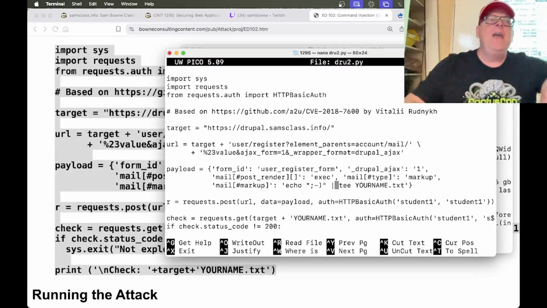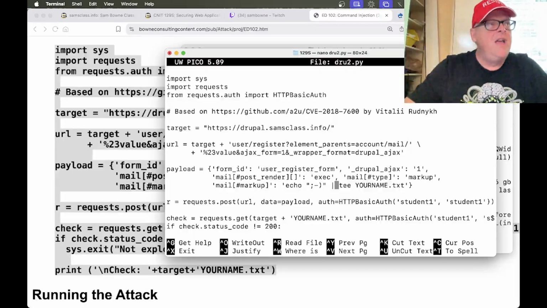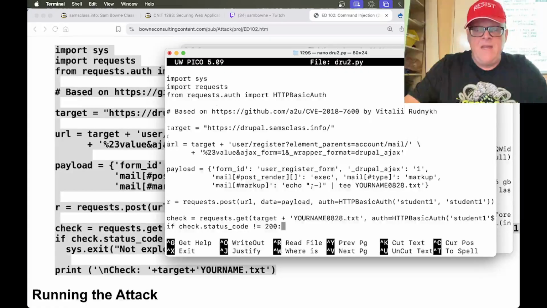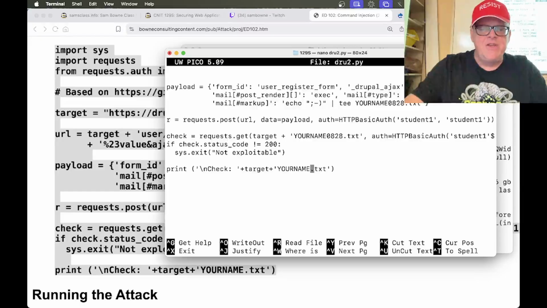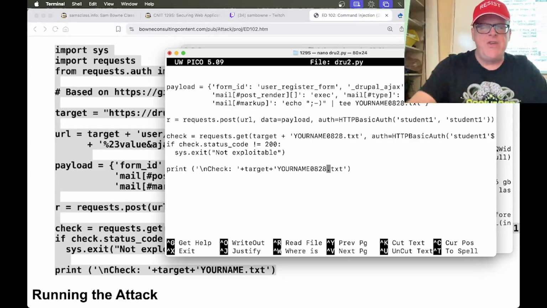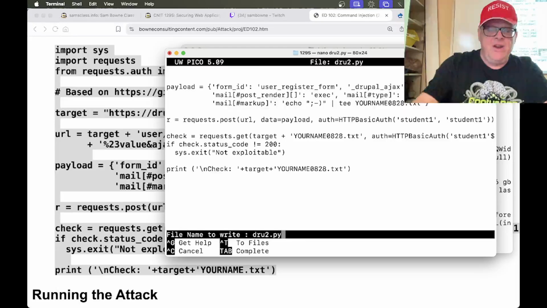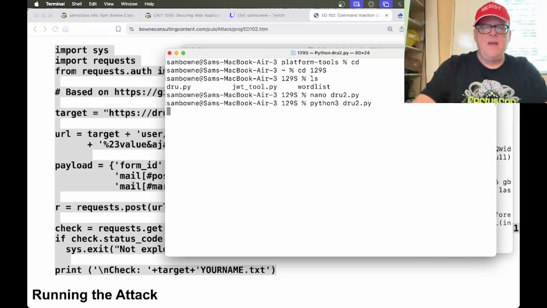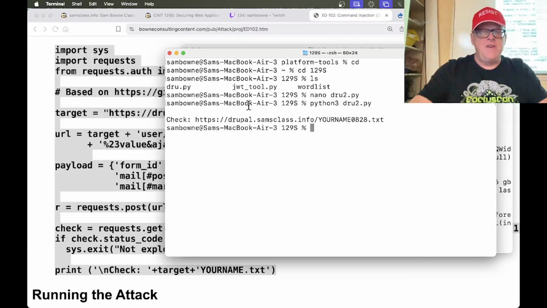Now, when you do this, every time you run it, it makes a new file, and you can't change the file once it's up there. So every time you're going to have a new name here. So I'm going to make this, whatever the date is, 0828. That'll probably do. And there's 3 places where it appears. And every single request, you're going to have to change this name. So I have some students that actually write the script to be more efficient, but I just change it manually, 3 places. And so now if I run that, python3 drew2, it runs, and if it succeeds,